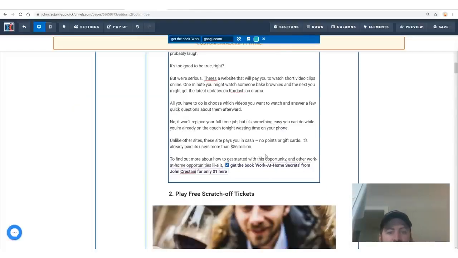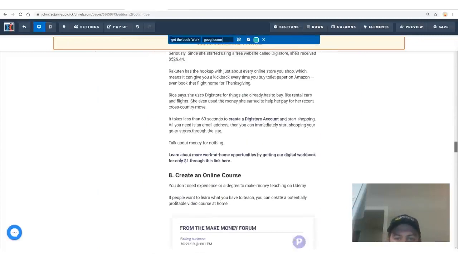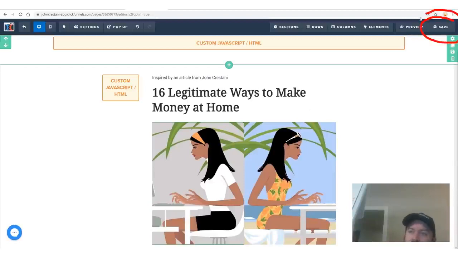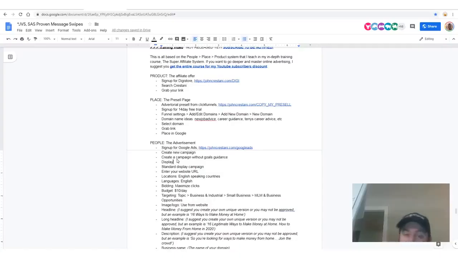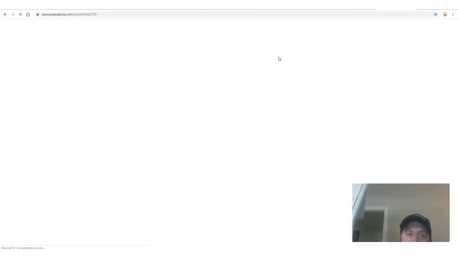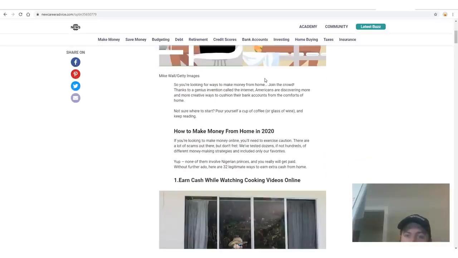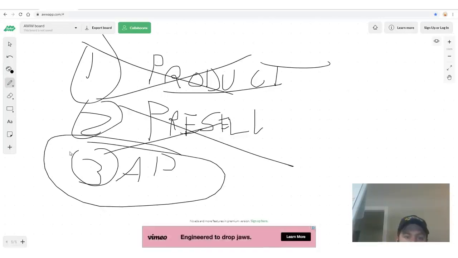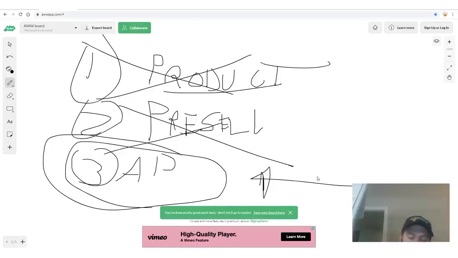Got the website, we're changing around the links. After you change all the links you need to change, another side note is you can use this format to sell anything, but you're going to click Save right here. Now we're getting people to our website. We have our affiliate link, we have the product that is going to pay us money. Digistore will pay you via PayPal, wire, or check. We have a website now that we can go to. You saw how fast we set that up. If we go to this website, it shows up as 16 legitimate ways to make money at home. It's a nice looking article. So we have these two things out of the way. Now we just have to create the ad, which is a whole other step in itself. So let's create the ad.